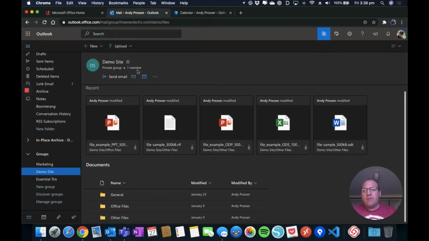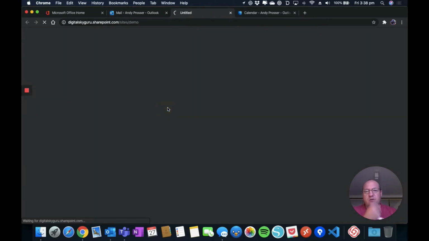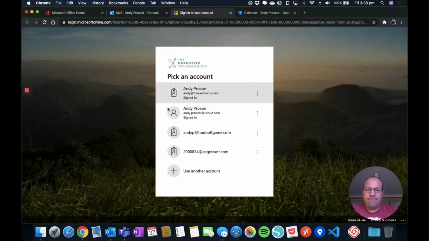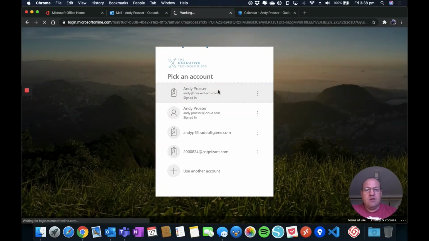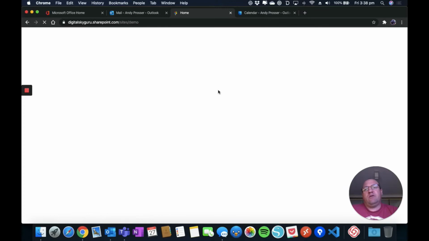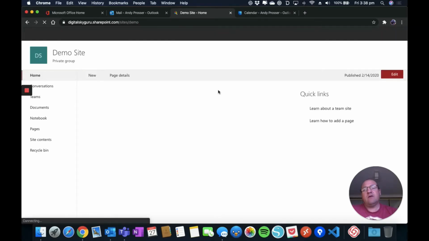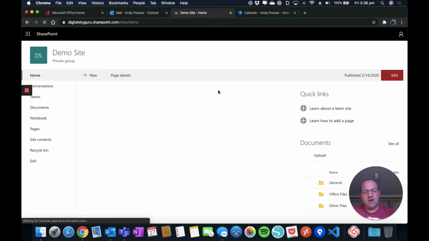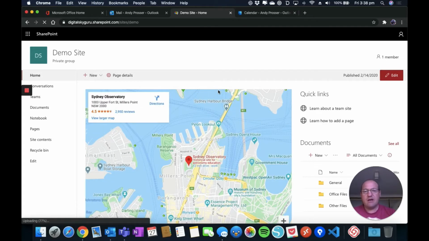Cool. When I go back in here, you'll see that we've got a little drop down, we've got a notebook, we've got planner, we can go to the actual site or we can go to settings. Now I'm going to jump across to the site. This is me. I have lots of different identities, which I'm glad Microsoft have actually allowed that to happen. It makes life so much easier. So this is my demo site. This is out of the box, haven't customized it other than picked a color and that's about it,